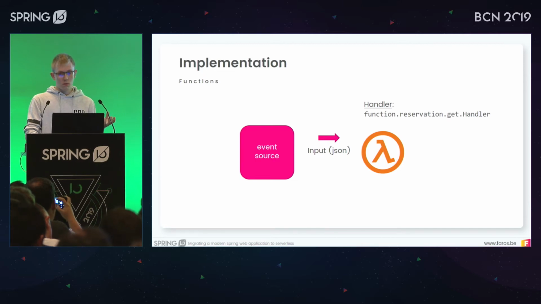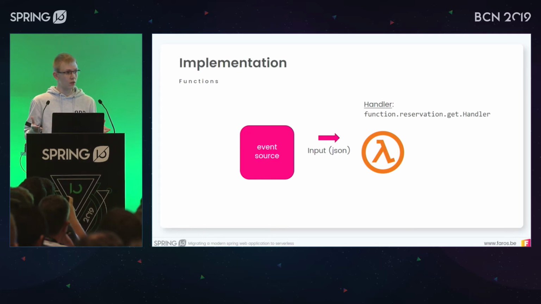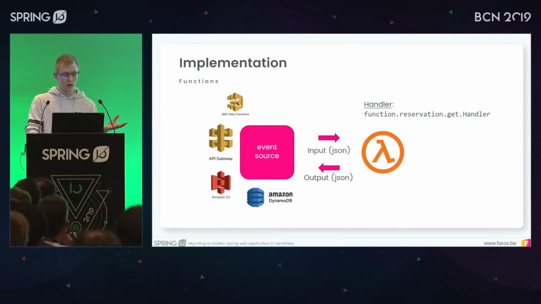So the basic definition of a Lambda. We start with Lambda, which are the functions on AWS. A Lambda is essentially a piece of code that will run based on an input of JSON, and which in turn returns an output of JSON. And Lambdas react to event sources, which can be a whole bunch of other triggers. You've got database triggers, you've got S3, API Gateway, of course. But generally speaking, Lambda is always just JSON in, JSON out.